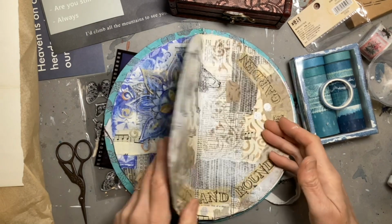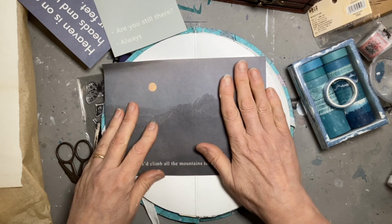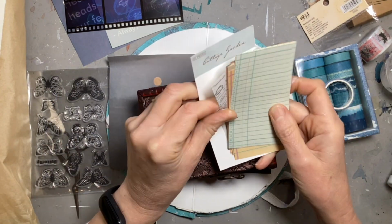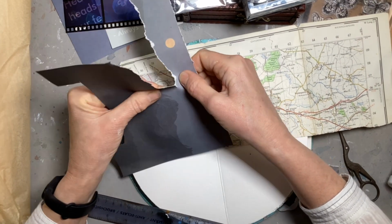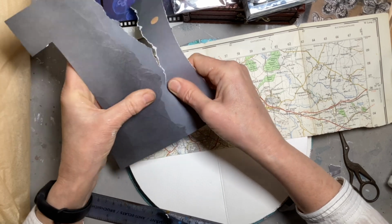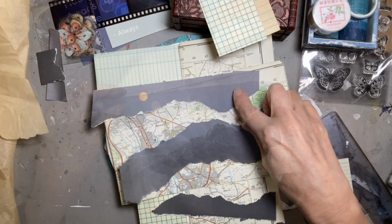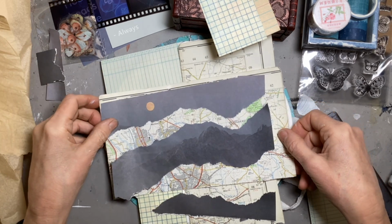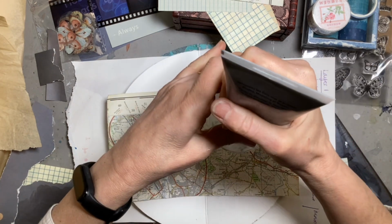I'm working in my round journal. It's a handmade one and I've just started working in it. So first of all, I had to decide which pieces to use from that huge stash. I chose some papers, some scraps, washi tape, some stamps, things like that. So I started by ripping up one of the pieces of paper because it was mountains and a moon, not big enough for the page, and I used a bit of a map in the background to start telling the story of travels. So I stuck everything down using matte gel medium once I was happy with my